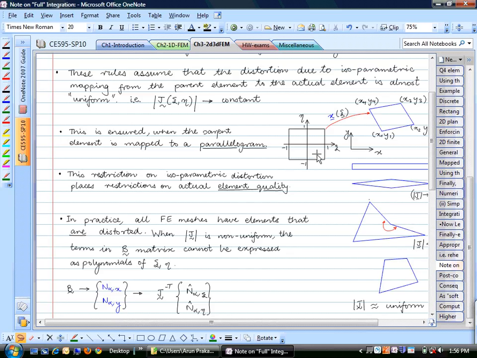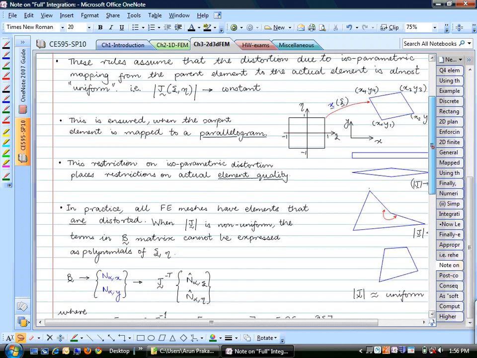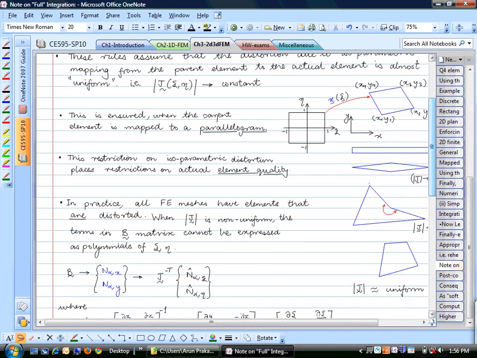The full integration for Q4 is 2 cross 2. Reduced integration is 1 cross 1. Similarly, for higher orders, we'll see that for Q9, as I said, it is 4 cross 4. The reduced integration is 2 cross 2, and so on. But anyway,